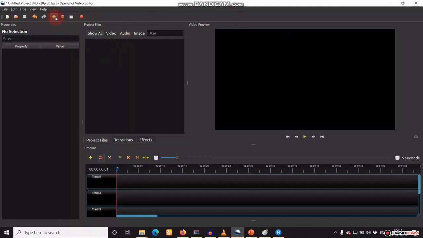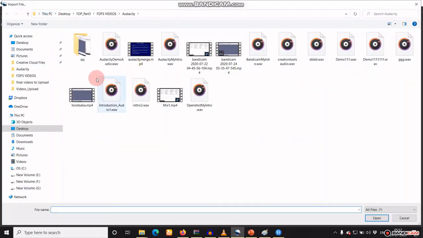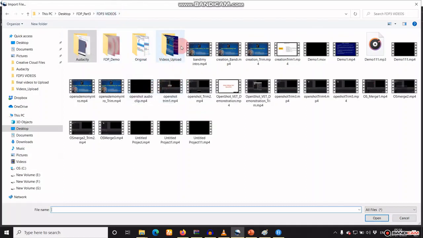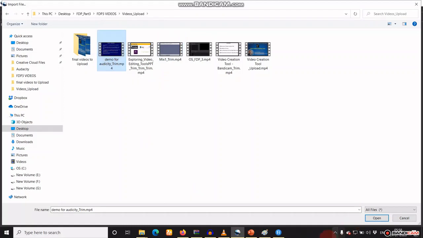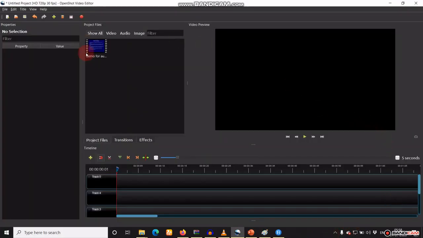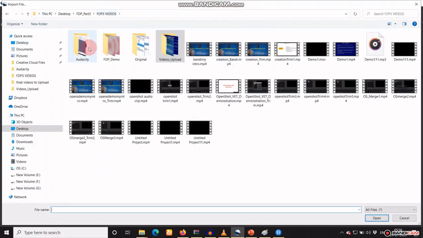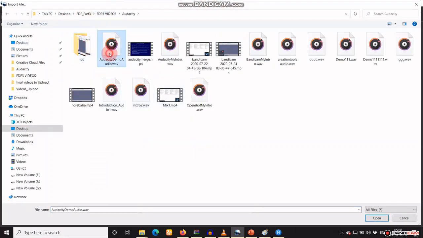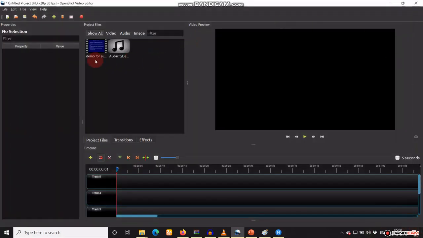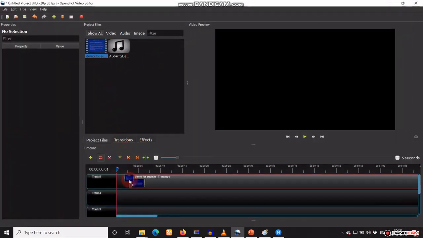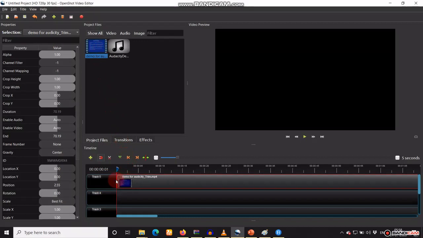So first of all, select the file from the location where you have stored it. Click on Open. It will come in the project file. Then select the noise removal audio file from the location where you have stored it. Then drag the audio video file again on the timeline.